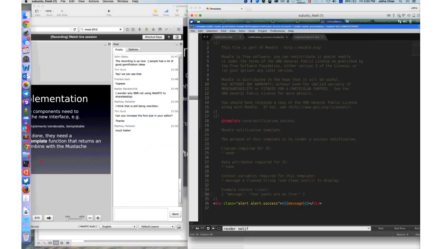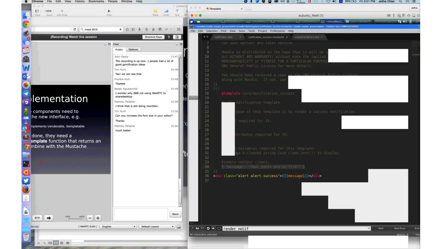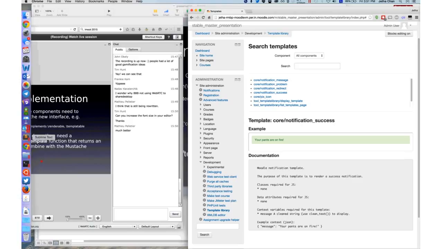All right, cool. So here's the standard license, which you're all very familiar with. This is all very important. Here, this is a core template, so we're using core to begin with, and notification success, and we're telling people what's required in here. And this example context is the data that is going to be combined with this template inside the template library. So I could modify this to say something like